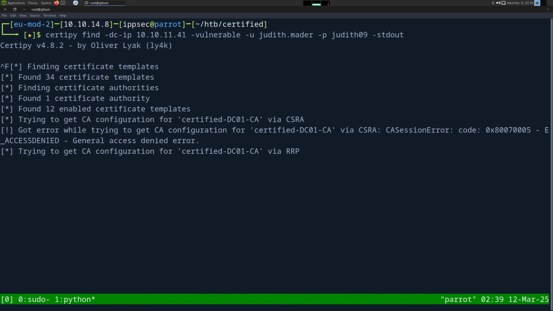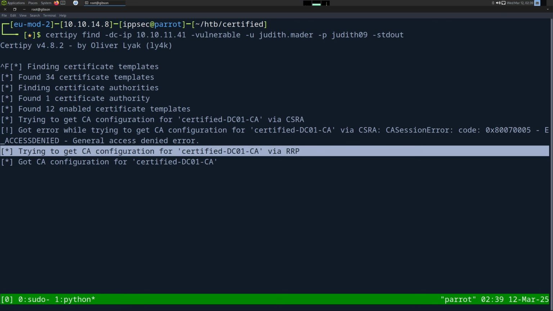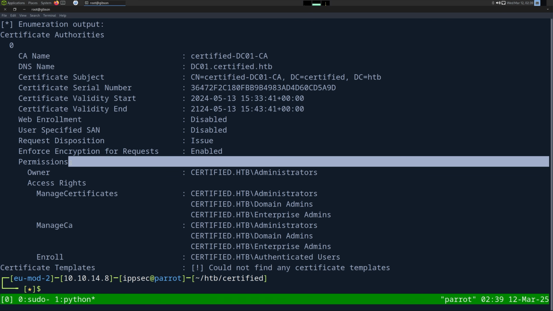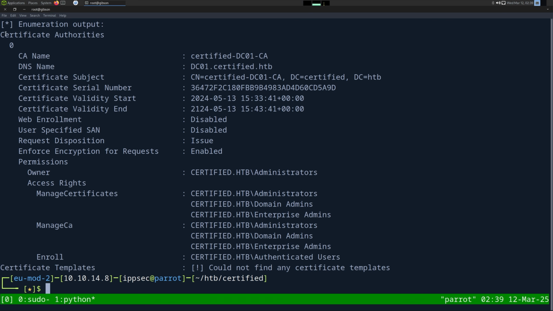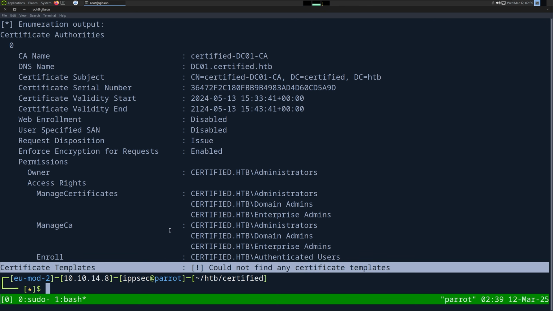So looking at this, it's going to get the certificate authority configuration. And since we have it, we know there is an ADCS service. It's printing out the certificate authorities. We don't see anything for templates. So there are no vulnerable templates for this user. Now,